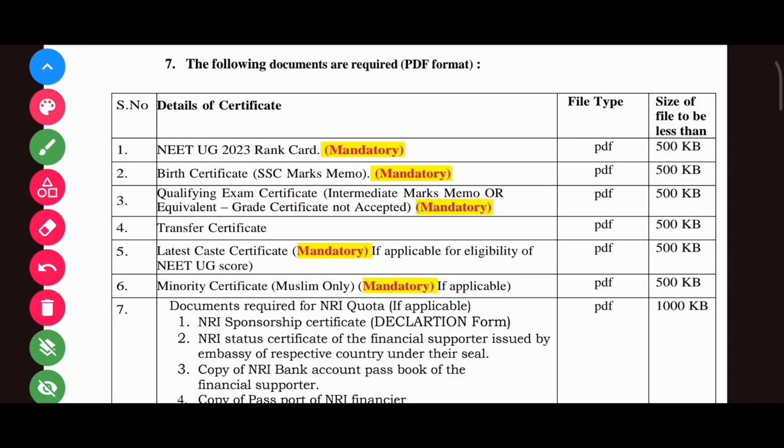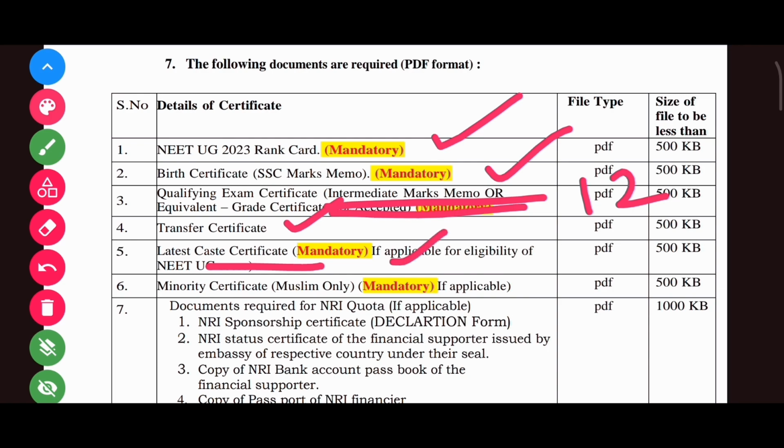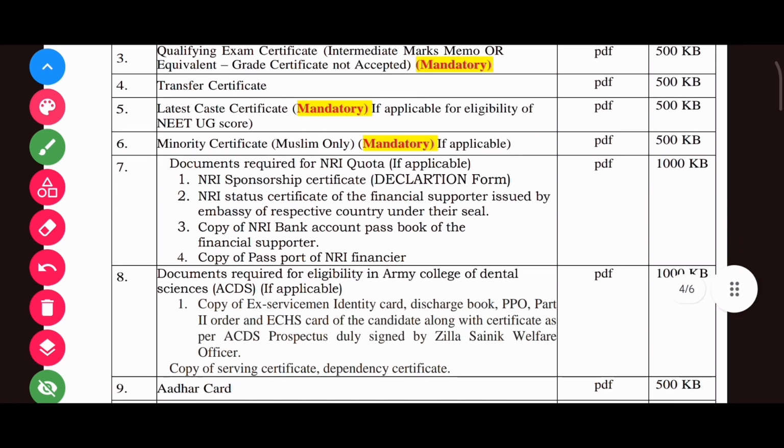Of course, the NEET rank card or the NEET mark sheet that you received. Then your SSC mark memo. That is the SSC mark sheet. That is the 10th mark sheet. Then your intermediate marks memo, that is your class 12th mark sheet. Then your transfer certificate, then your caste certificate if applicable, then your minority certificate if applicable. Then next we move to